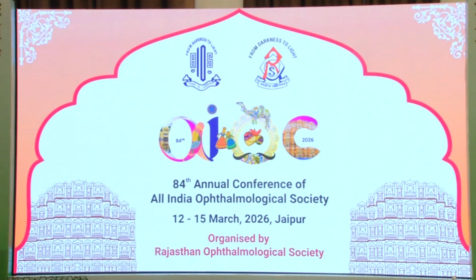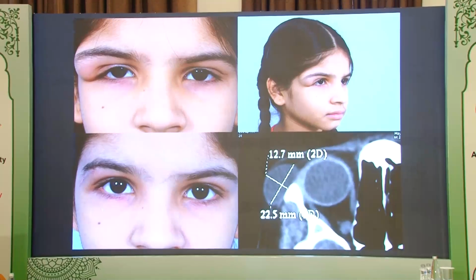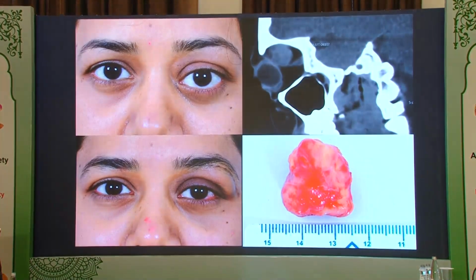You can or cannot do periosteal closure, it's up to you, but I prefer sometimes that if we get the periosteum stitched up, then it gives better access in future. So this is a patient again with an orbital dermoid, and that was excised completely by an external approach. Again, another patient with an external approach.